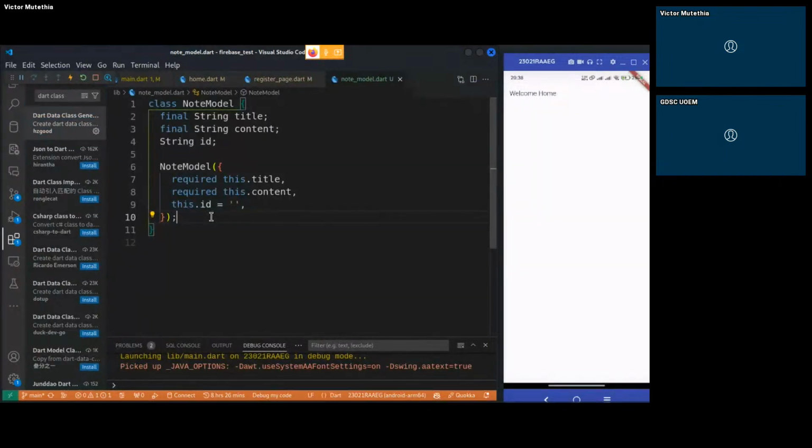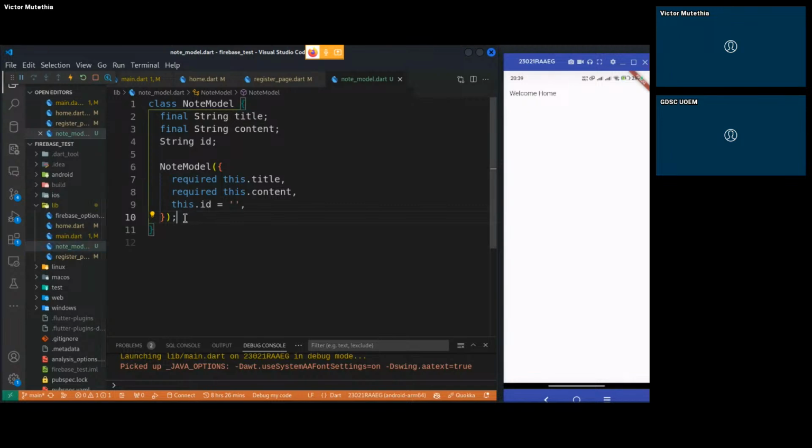What it does is that it will generate for us functions that will convert these raw properties to key value pairs, that is a map, so that it will be easier for us to send this data to Firebase, and when we are fetching the data, to convert back from the map to our model, the one that we have declared here. To use that data class generator, you just click at the end of this constructor, and then when you click on this little bulb, it will ask you to